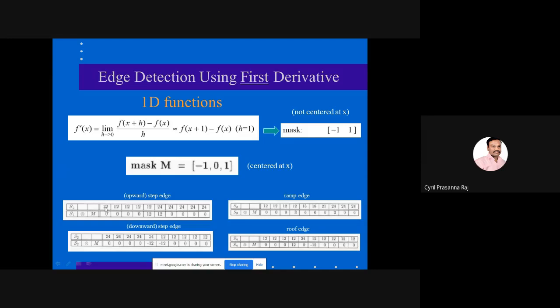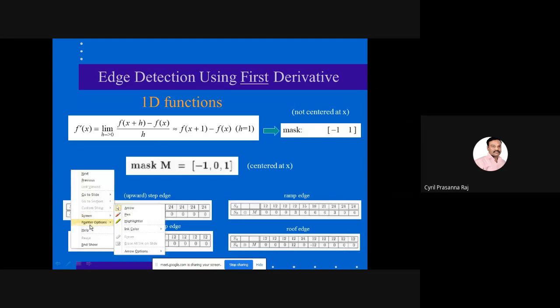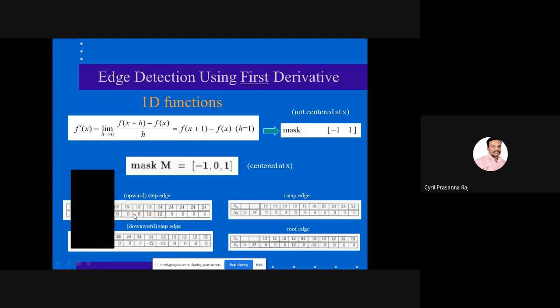Let me repeat it once again so that you are able to follow the concept. We will put minus 1 here, then 0 here, then 1 here.